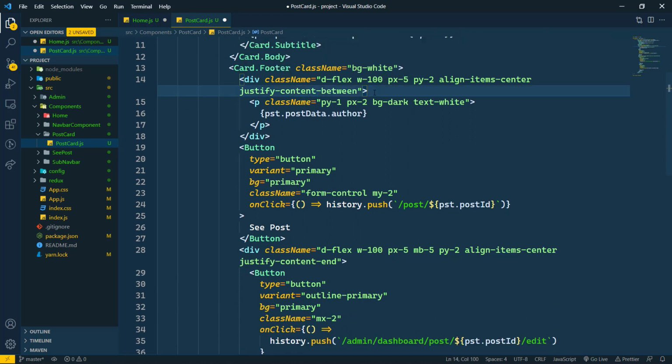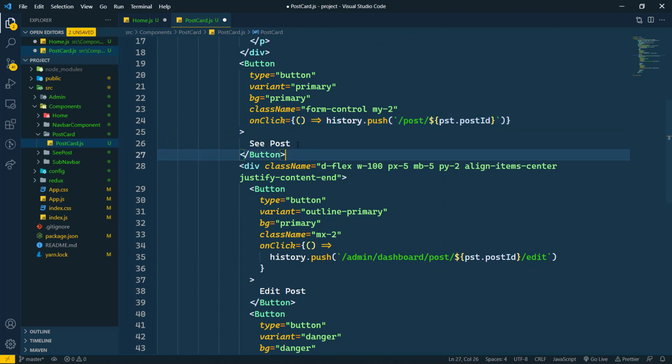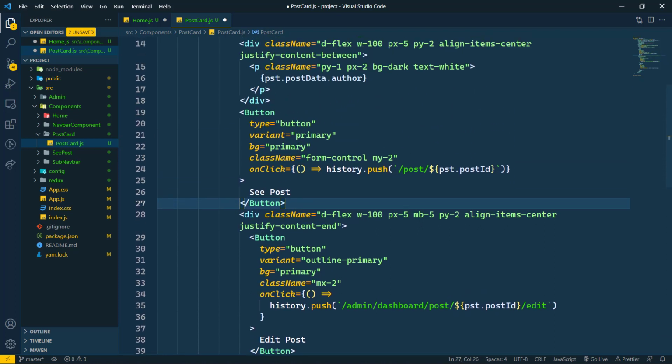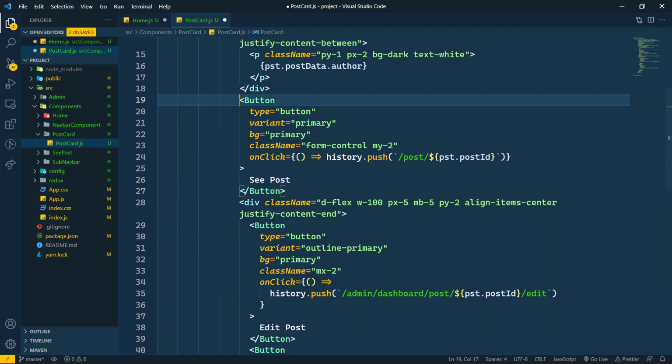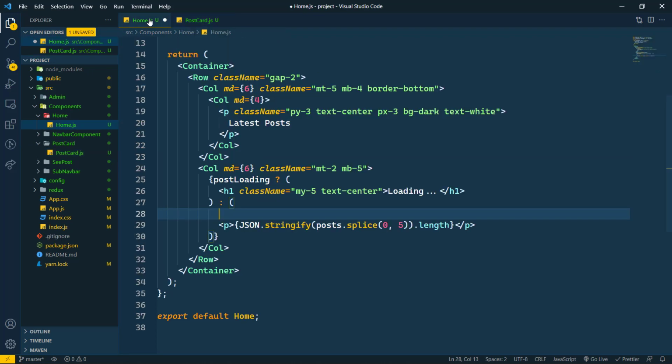Just remove this, and post.author, and here we are getting history.push post, then this is okay. So we can also see the post. Just this thing we have to change from this button to this button. So we will see this also.